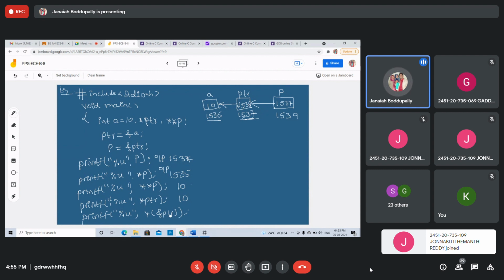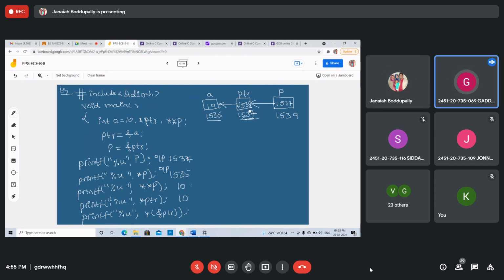Address of PTR, which is 1537. Star 1537, so what is the value at 1537? 1535. Very good. Ampersand of PTR is the address of PTR, which is 1537. Star is there, that's why it is the value at that 1537. That's 1535.